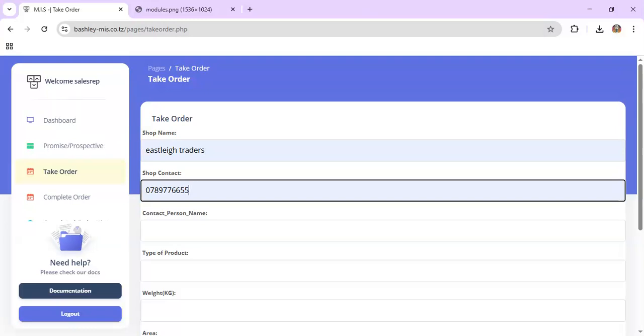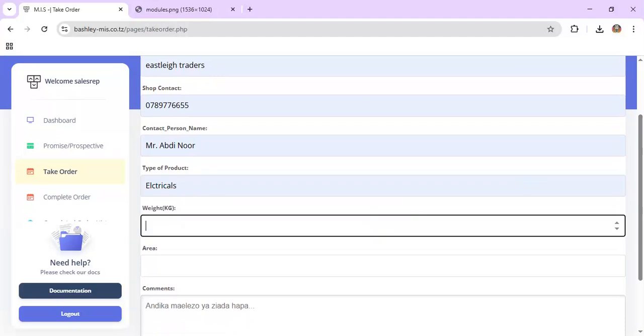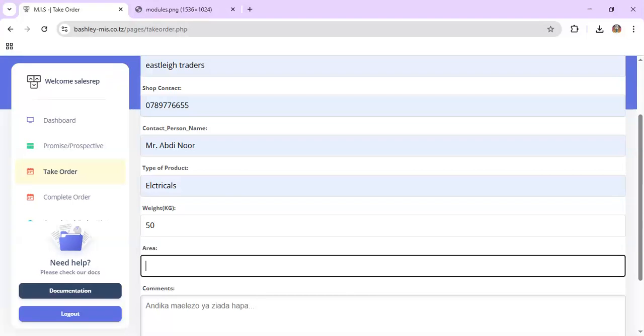You can select the numbers. Maybe you can select the person, Mr. Abdinor. Then the product type is electricals. Then you can come and say, Mr. Abdinor, maybe this time he's decided to test us with 50 kgs. Then